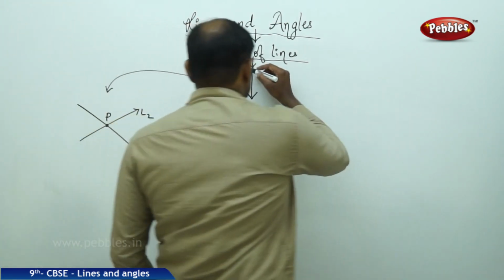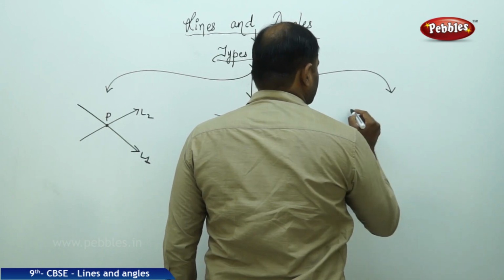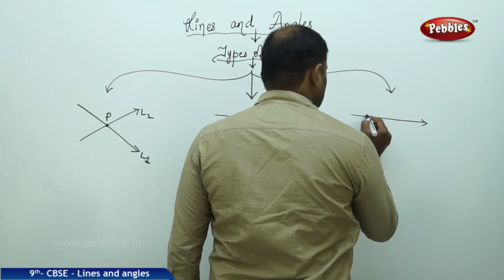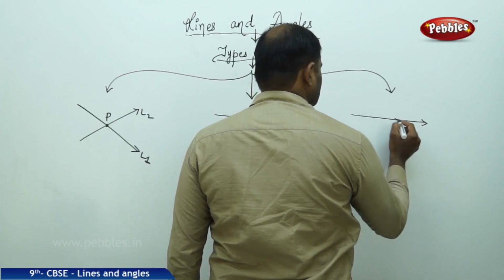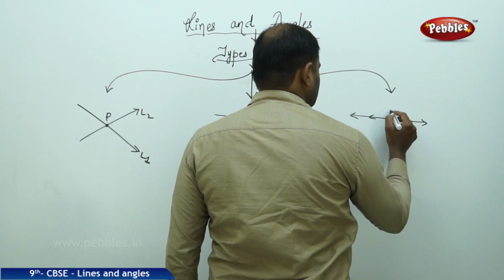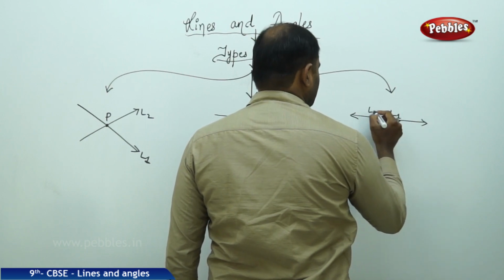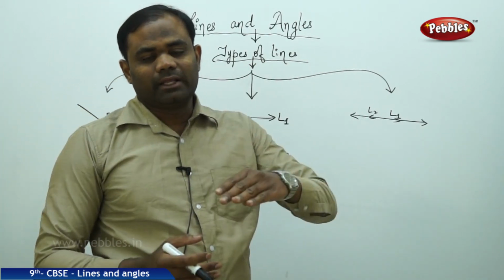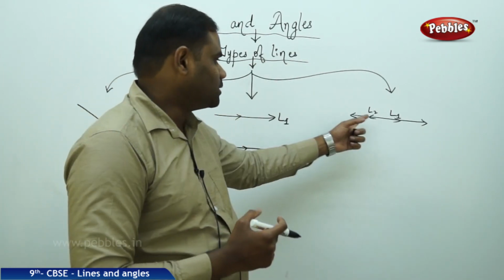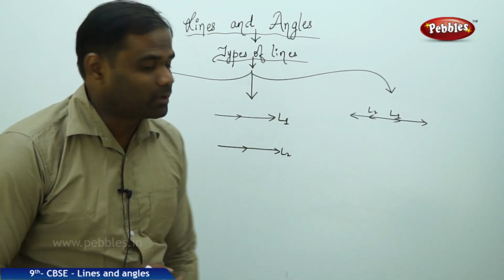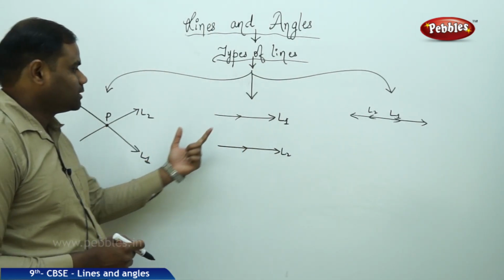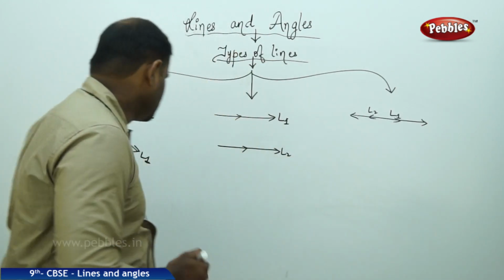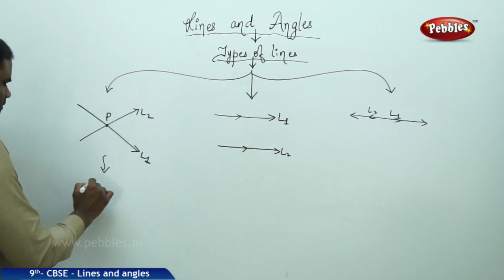The third case is when the two lines L1 and L2 lie on each other. They overlap, or one line lies on the other, or they are coincident. So let's see the three cases where the lines intersect at a point, or are parallel to each other, or are coincident. So here such lines are called